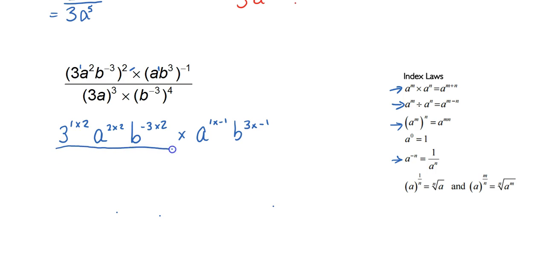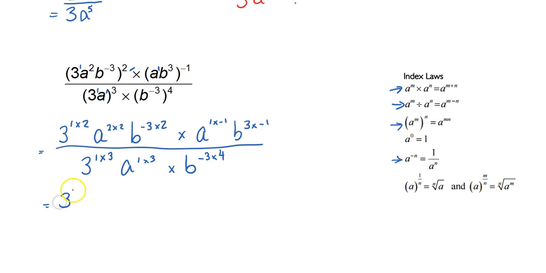And my denominator, the same thing, a little invisible 1. So 3 to the power of 1 times 3, A to the power of 1 times 3, times B to the power of negative 3 times 4. So cancelling is not an option here. There's quite a few steps. Unfortunately, there's not a shortcut. So we are going to simplify those. So we're going to go through